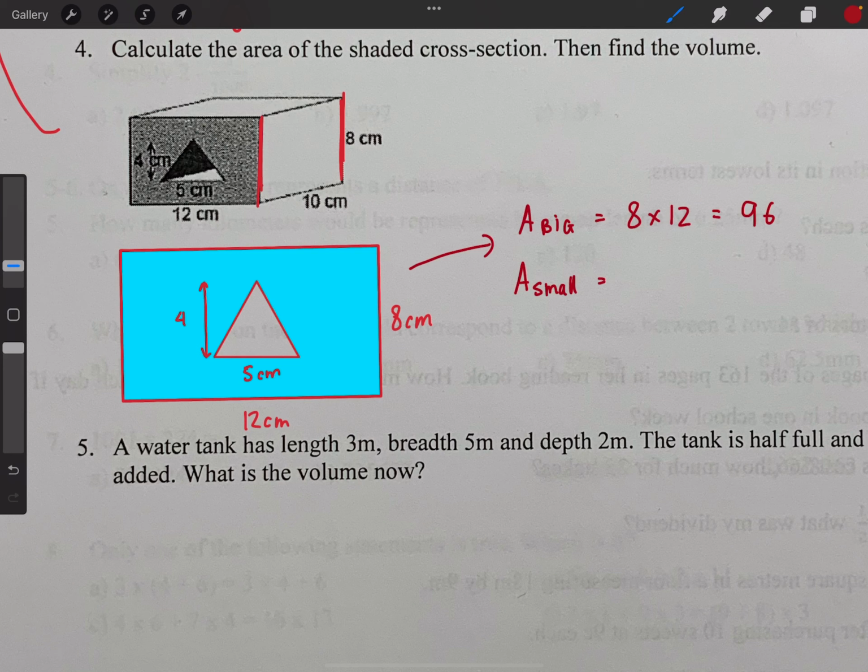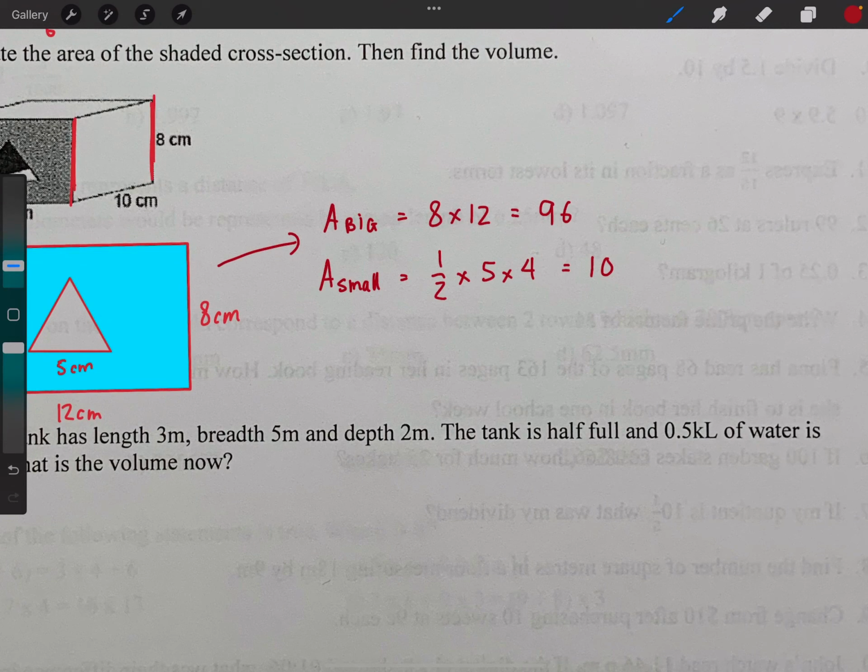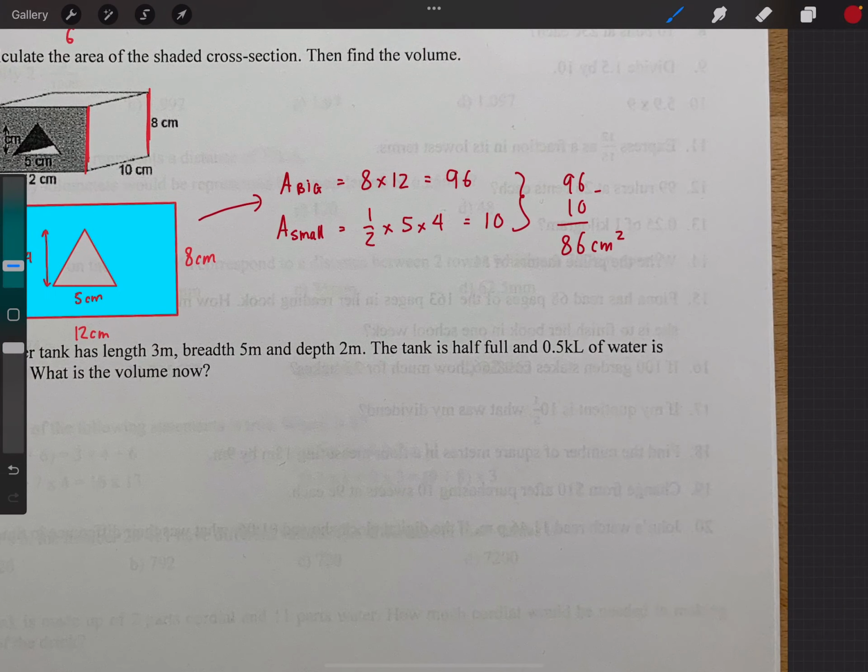To find the area of a triangle, remember it's half times base. Base is 5 centimeters times the height, which is 4 centimeters. And that's equal to half of 20, which is 10. And what do we do to these two numbers? Well, we take 96, take away 10, and you get what? 86 centimeters squared. And this is known as the